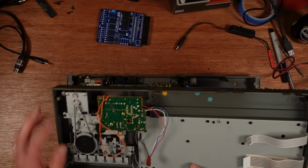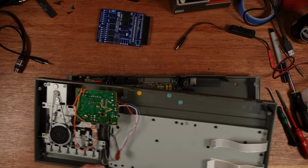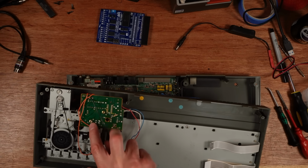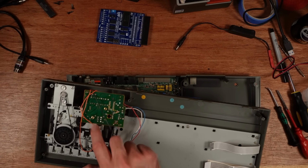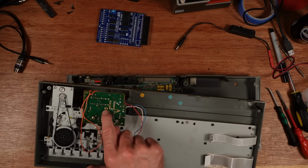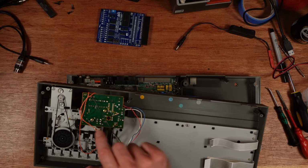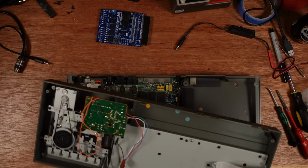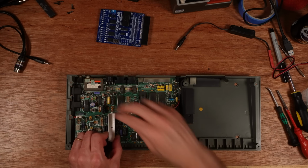So I'll have to take that apart, give it a clean out, lubricate all the bits that need lubricating, tighten up the screws, because I think that there's two grounds on here and they're connected via the chassis through these screws. That's why it's got these grip washers on here to grip into the metal, and they often come loose and that stops the tape deck working so well. So I'll have to tighten those up. And the first thing I want to look at